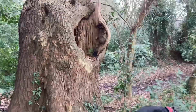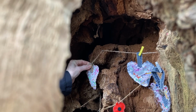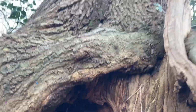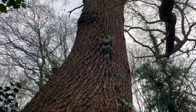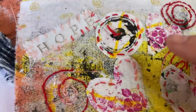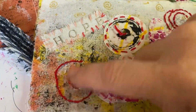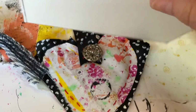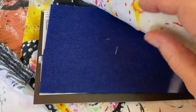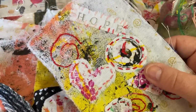Where the tree is. And it's got hope on it as well. That's nice. There. I also made a little postcard. It's got this, I've sewn some swirls on, so that's going to have a back and some wadding, and then that on the top, and you can either glue that together, or I'm going to